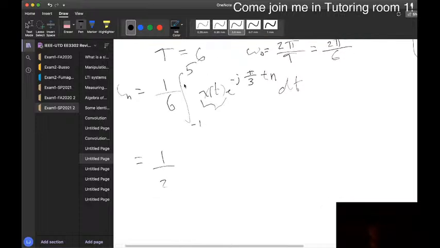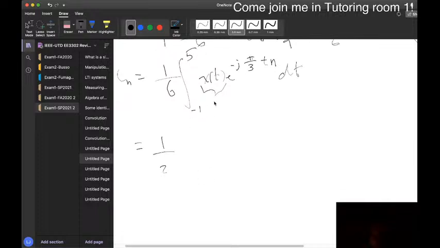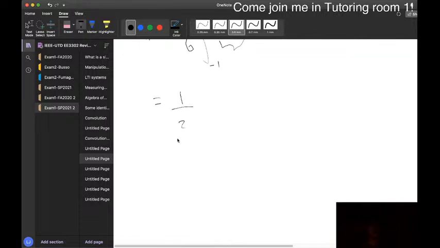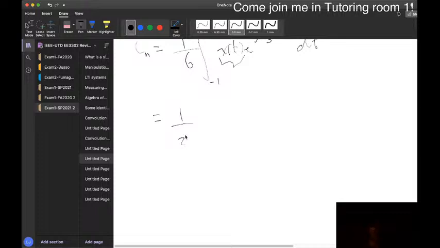It just needs to be the same length. So this upper limit minus the lower limit must be the same thing as T. It doesn't actually matter where we take this integral over, as long as we're doing it over one period of the signal. So, right, so 1 over 6 times,